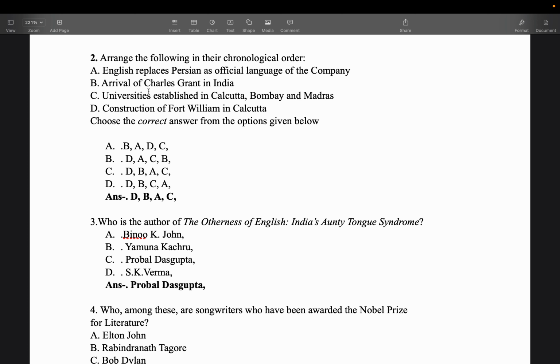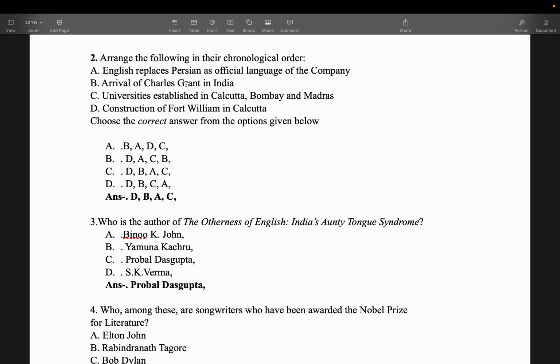Arrival of Charles Grant in India. That is definitely before English replaces Persian, because Charles Grant initiated all this. Universities established in Calcutta, Bombay and Madras. No, Charles Grant is very early. After that only,